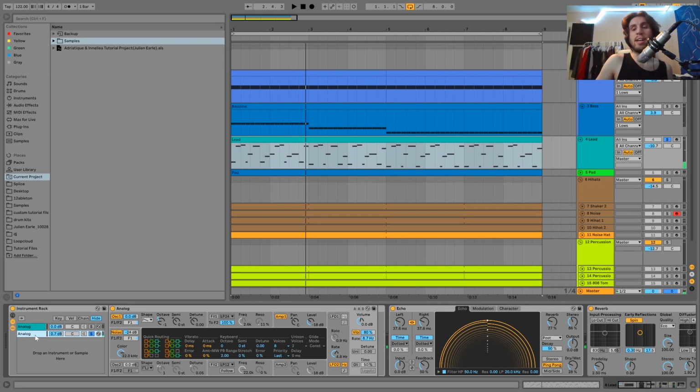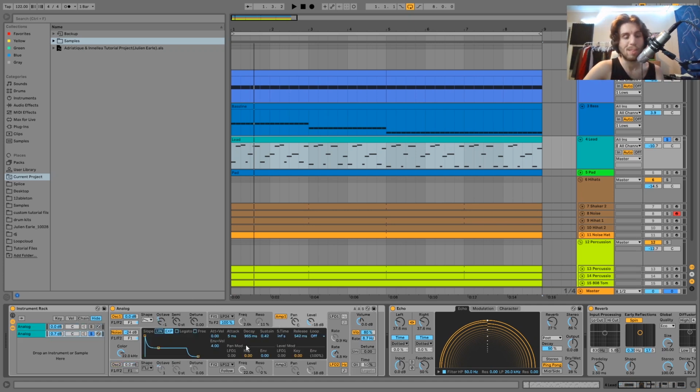So you can hear this one's adding that fatness to it. This is what really gives the body to the sound. So this is just a saw wave, an octave down. Also got a bit of white noise. We have some white noise on the first one as well, so lots of noise going on here. We have the amp envelope set in the same way as the first one, and then I just have that